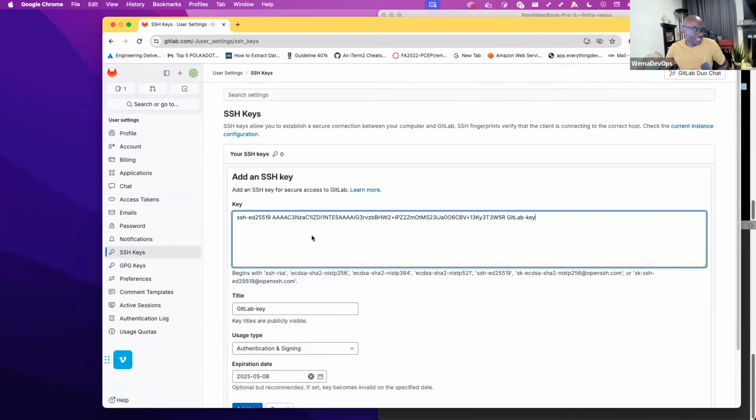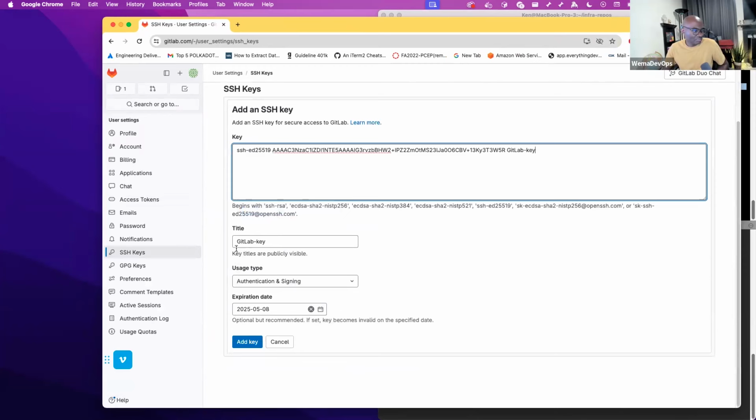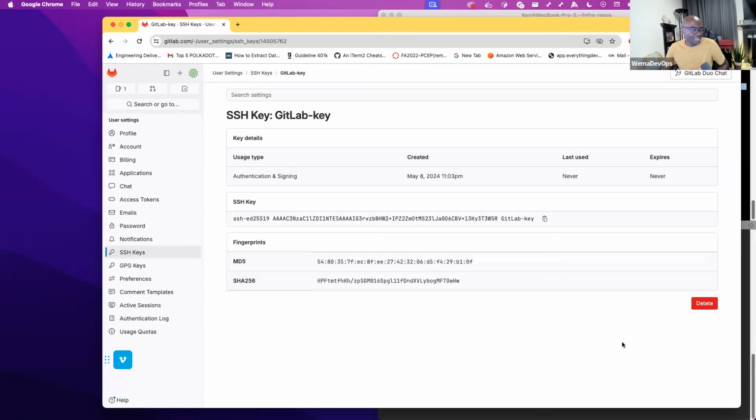You can paste that key that you've copied from GitLab. That's the title. You can either give an expiration or not. I can leave it optional, so no expiration. Then I can add the key. Now I've added my SSH key to GitLab. So once you've added that key, and the key has been added to your SSH agent,